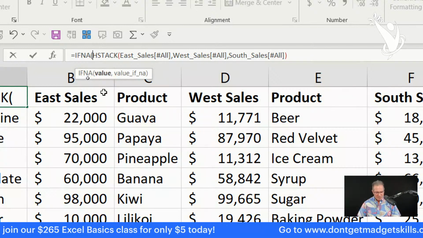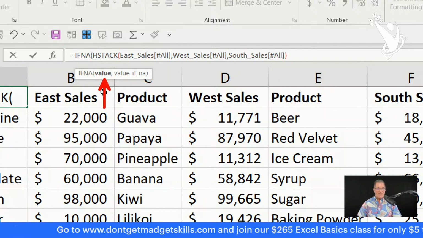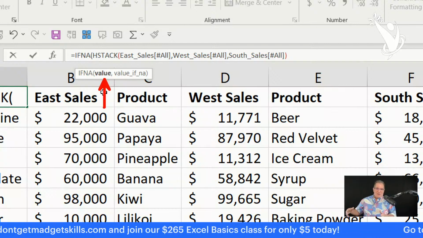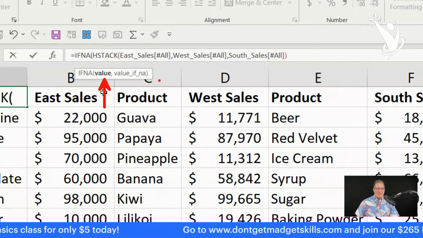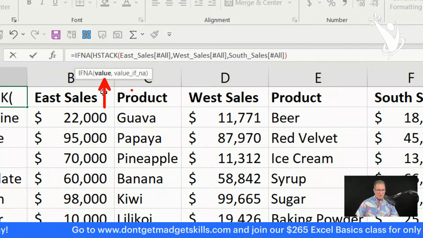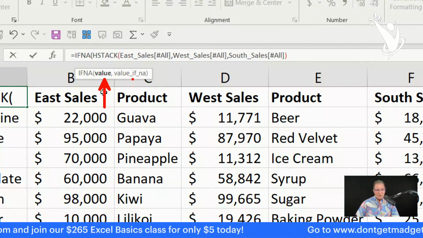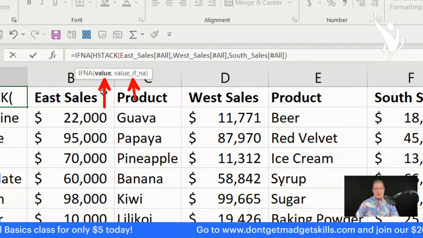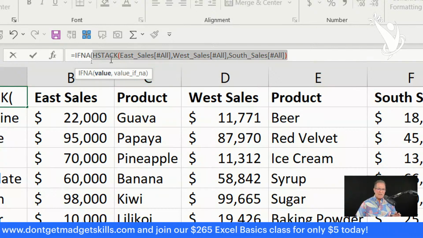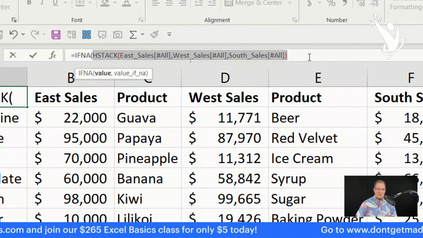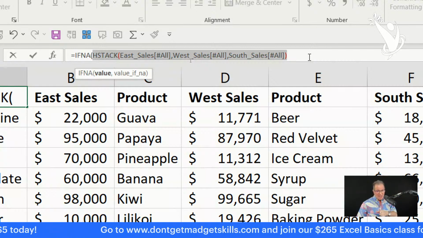And now here we see that the IFNA has two values. The value that you are evaluating, the condition you're evaluating: if the value is NA, then give me this. All right. So when I click on value, that argument, it highlights that argument. So the original formula that you wrote is the value.